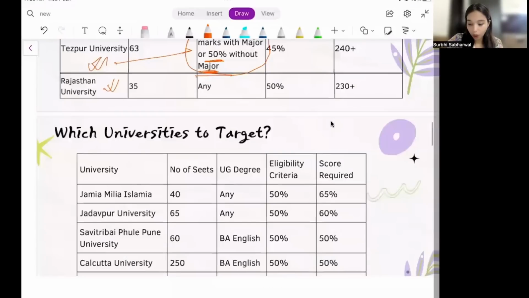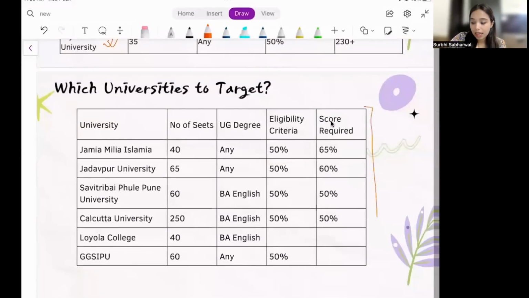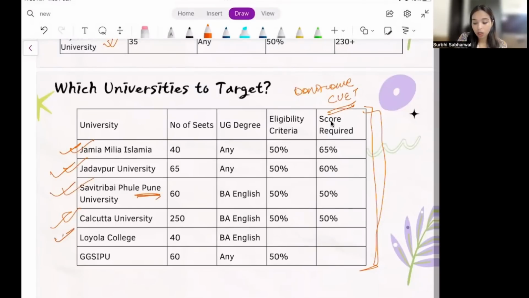Let us move on. Now, these are a set of universities that do not come under your CUET examination, right? However, we have very elite universities here. For example, we have Jamia, we have Jadavpur, we have Calcutta University, Savitribai Phule, the Pune University, Loyola College, and